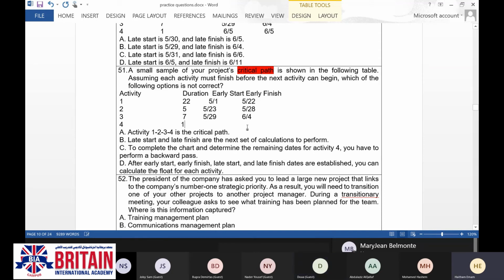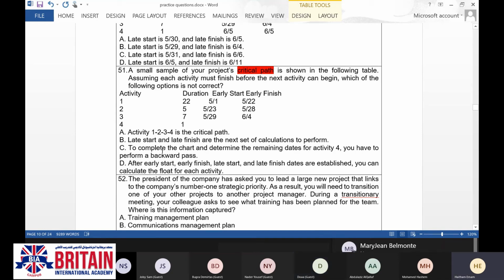But the dates are not there. I can calculate the dates for this one. But through what? A backward pass? No, not backward. I have to calculate from the third activity, which will be what? It will be the forward pass, right?